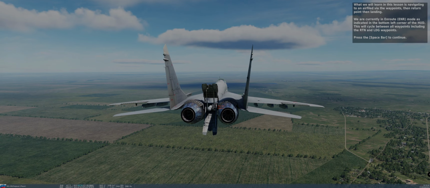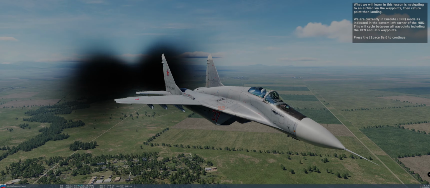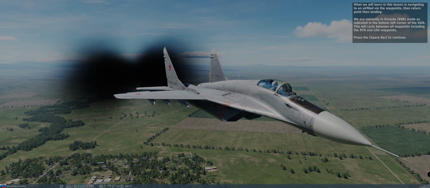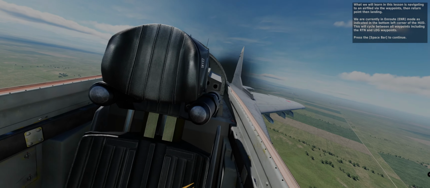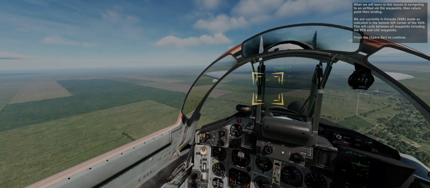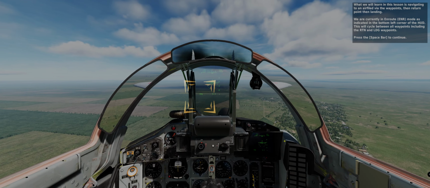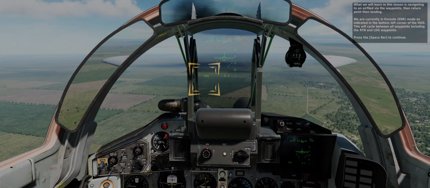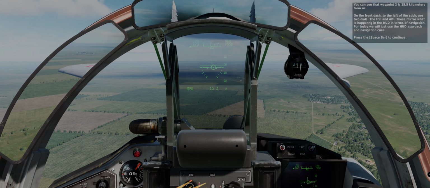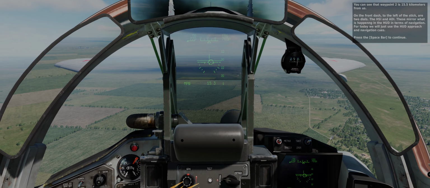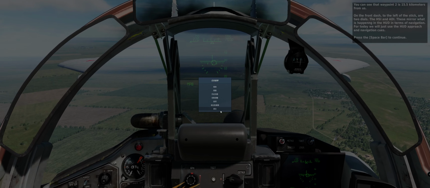What we're learning in this lesson is about navigating to an airfield. We are currently in en route mode as indicated in the bottom left hand corner of the HUD. This will cycle between all waypoints, including the RTN and LDG landing waypoints. Press the spacebar to continue. You can see that waypoint 2 is 15.5 kilometers for us. On the front dash, to the left